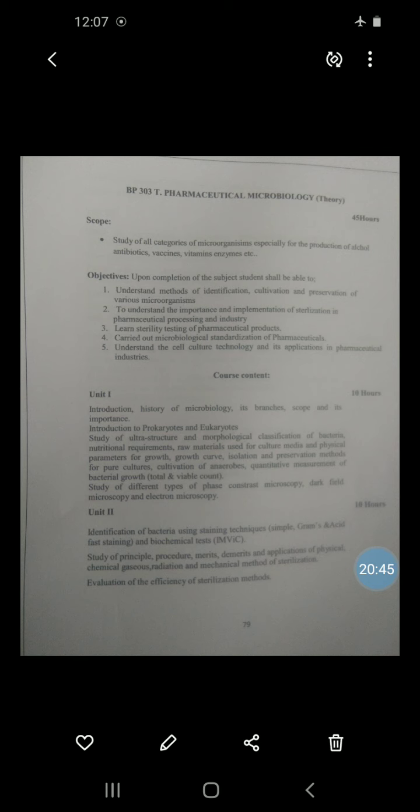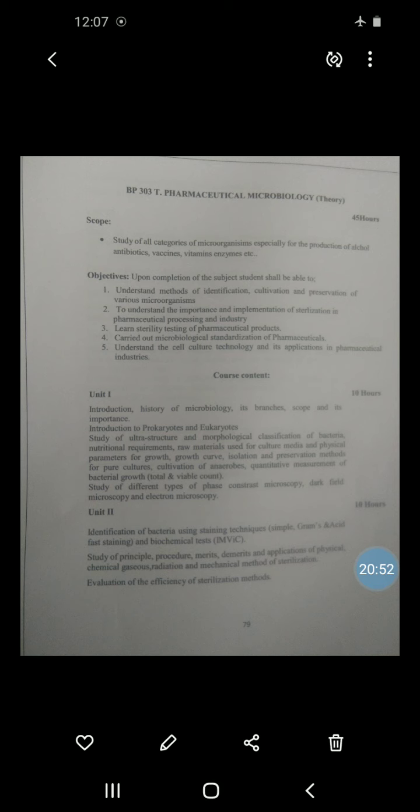So this is all about the gaseous sterilization, that is the gases, then factors and merits of this sterilization, demerits of this sterilization and the applications of this sterilization. Next type of sterilization is filtration sterilization. It is also called as what? That is mechanical method of sterilization.